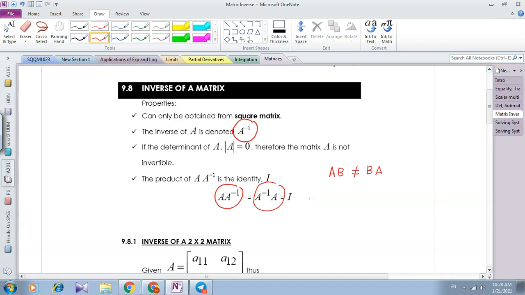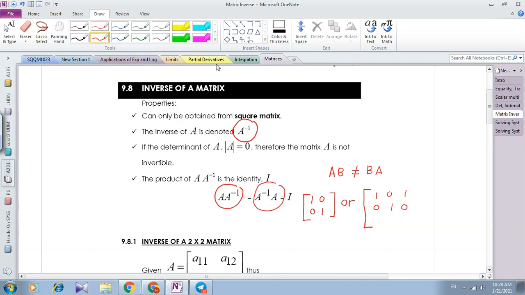Identity is referring to this matrix 1 0 0 1, or for a 3 by 3, this will be 1 0 0, 0 1 0,